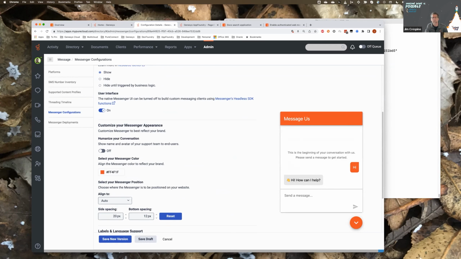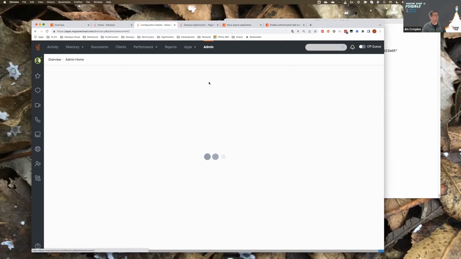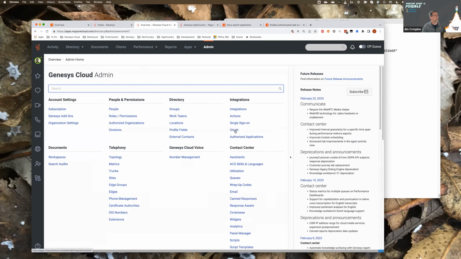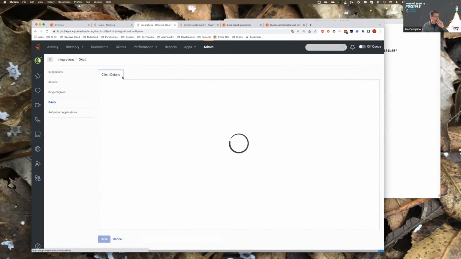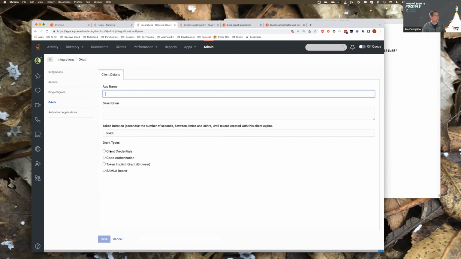So, all right. Dan Fontaine: I'm always super confused by what value to put in authorized redirect URIs for OAuth. What is the value typically? When does it vary? So if we go to admin and we go to OAuth, add a client, and to do redirects, there's two OAuth client types that will do redirects. There's implicit grant and authorization code grant.